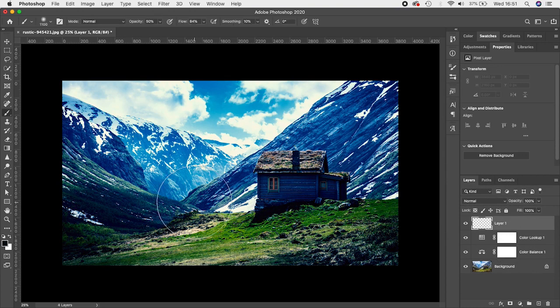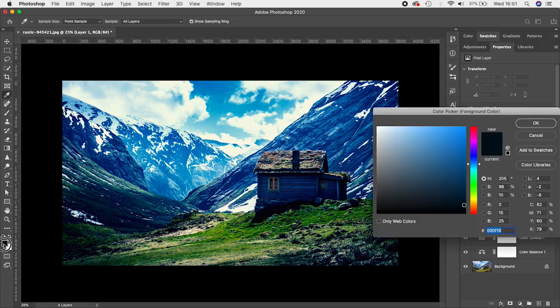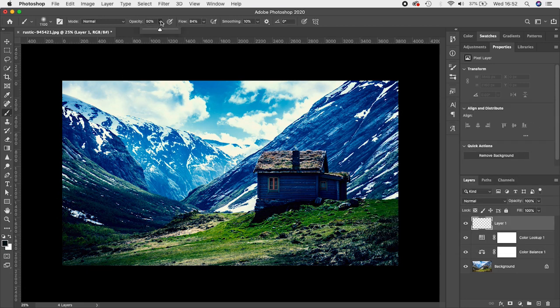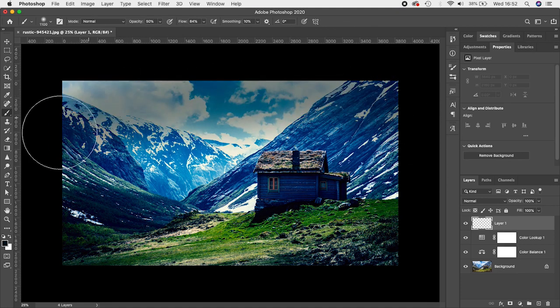Select my brush tool, make sure I've got a kind of dark bluish color selected, almost dark. Okay, make sure that my opacity is around 50%, the flow 84, 100, whatever. Don't worry about that, it's not gonna make much difference. Okay, then I'm going to just paint on this